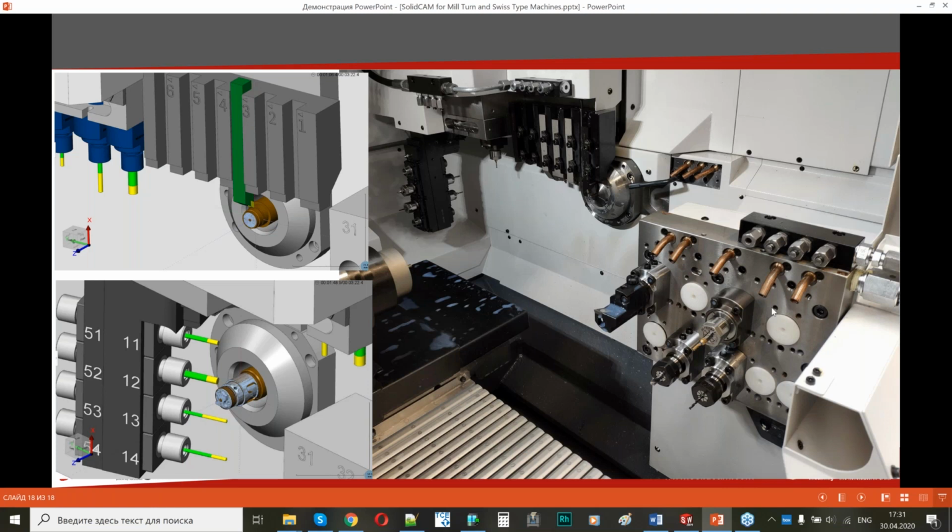Of course, the turrets for the back spindle, you can see them here, are the same. Also, you can see that the main spindle of this machine is located on the right side. For the previous machine, we saw it was on the left side, and maybe z-axis signs will differ, so it will take